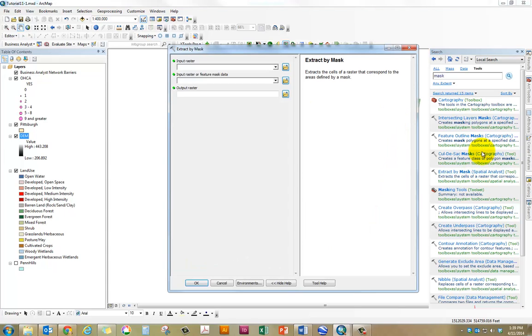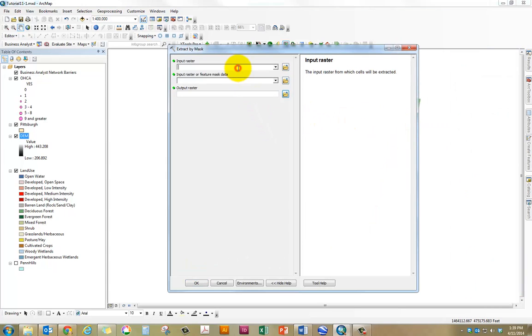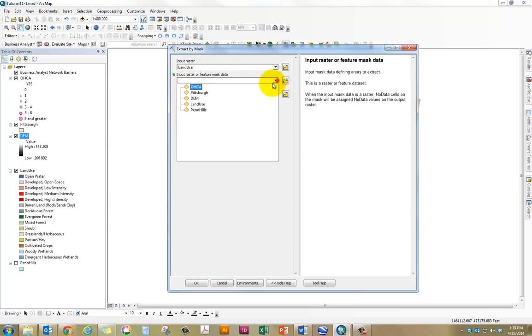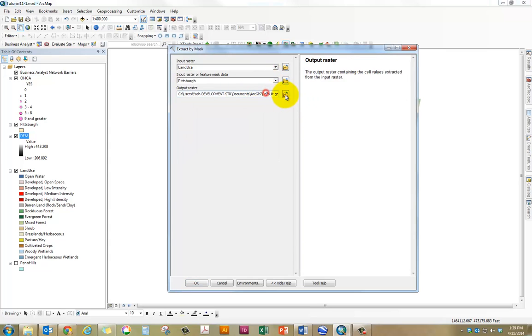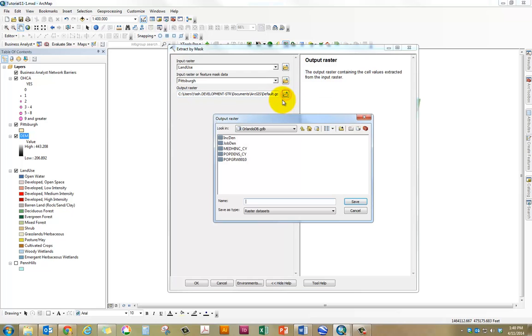You might have to try a couple of different search words. Then the input raster is, let's extract the land use layer first. And now the mask layer obviously is going to be Pittsburgh. Now for the output raster,